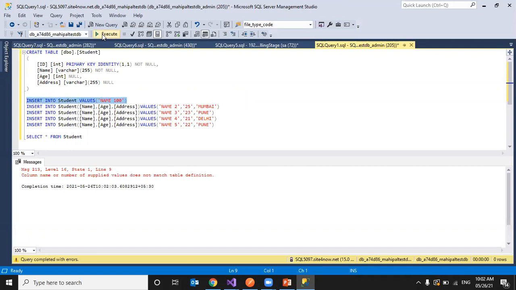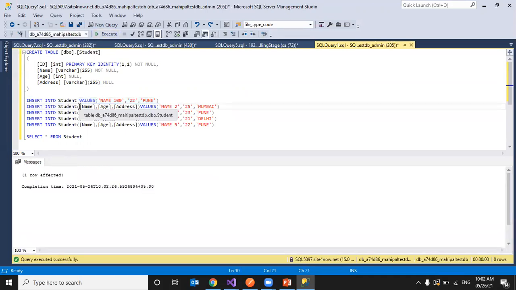Column name or number of supplied values does not match table definition. So insert into student, I'm trying to insert values, name 100. It is not taking. Let me try with 3 values. So it got inserted.